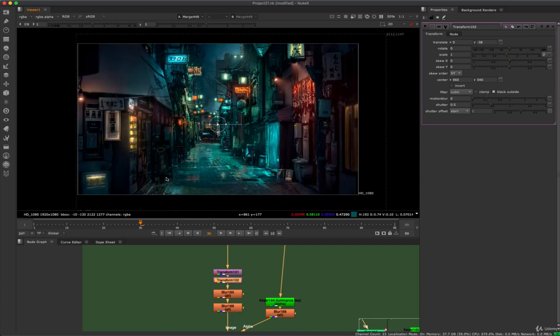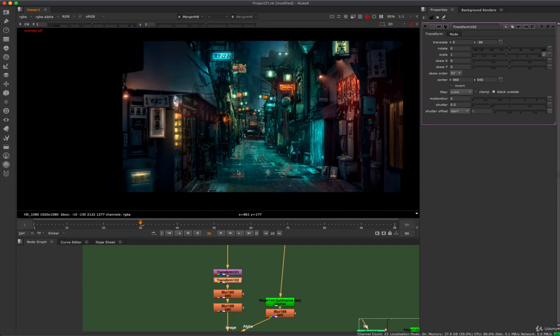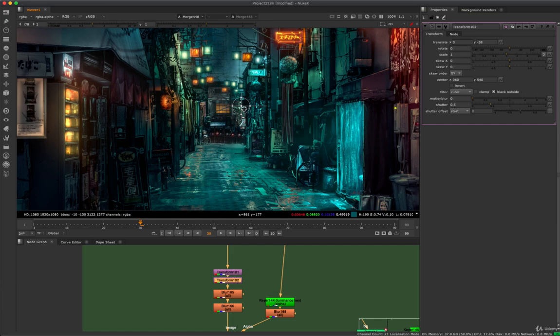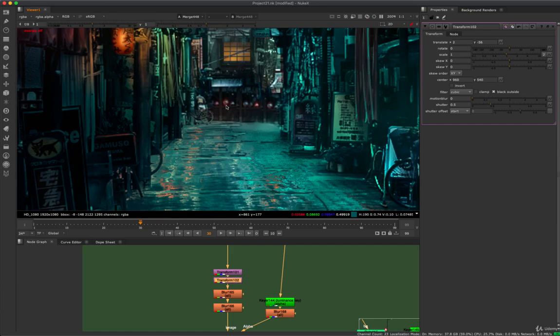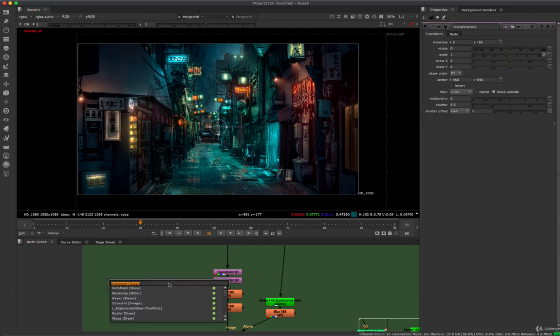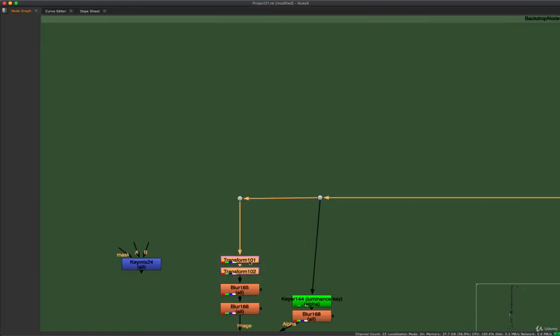So maybe sometimes the reflections won't be in the right spot 100%, because if you're just flipping an image, you're not actually getting the right spot that's reflecting in. So sometimes they need to be moved around. So maybe you'll move some of these reflections up, some of these reflections down, and you could just key mix them together with a key mix. So you could go like this,